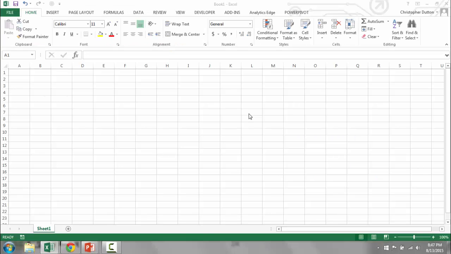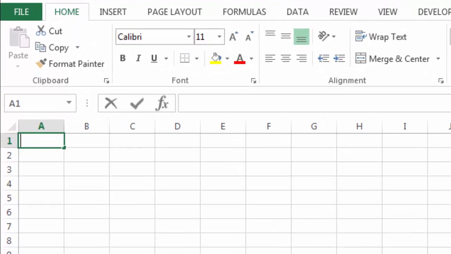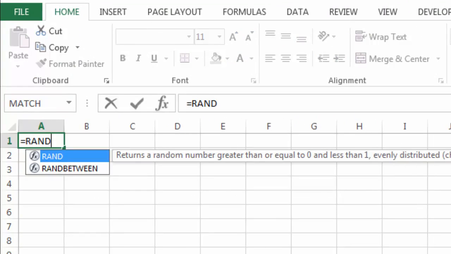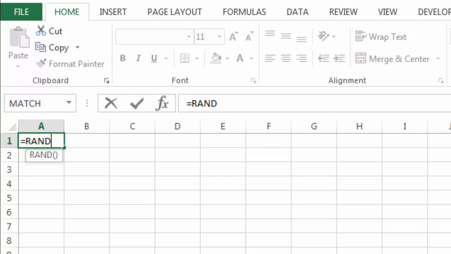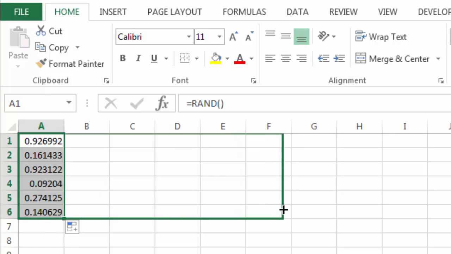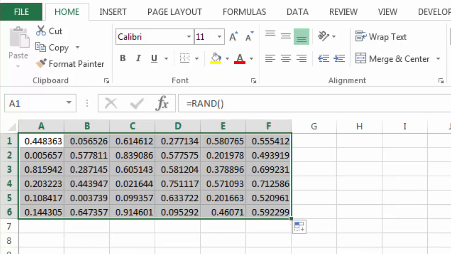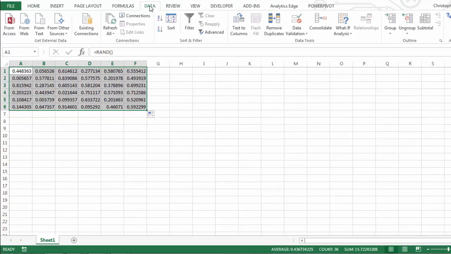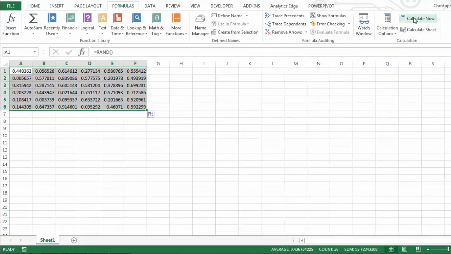I'm going to jump into just a blank Excel workbook to really quickly show you what these look like. In cell A1, I'm going to do a RAND function, so just RAND, open close parentheses, enter. As you'll see, I'll drag this out, drag it over, and it's just giving me a series of random numbers between 0 and 1. And if I go to the Formulas tab, click Calculate Now, you'll see that they consistently